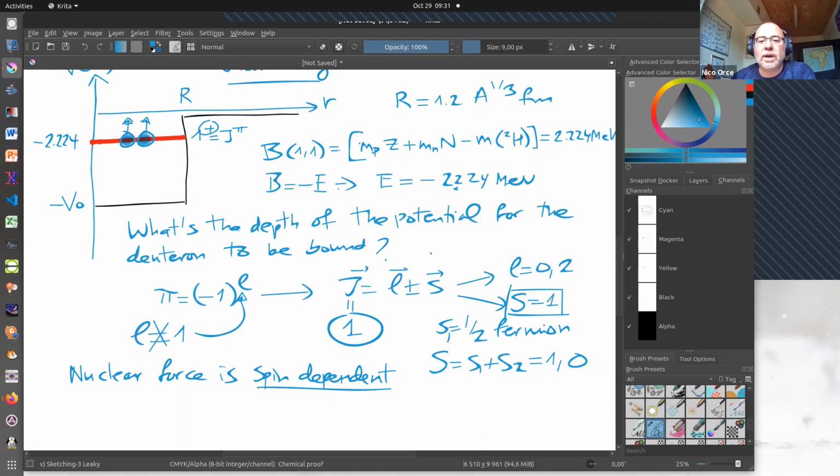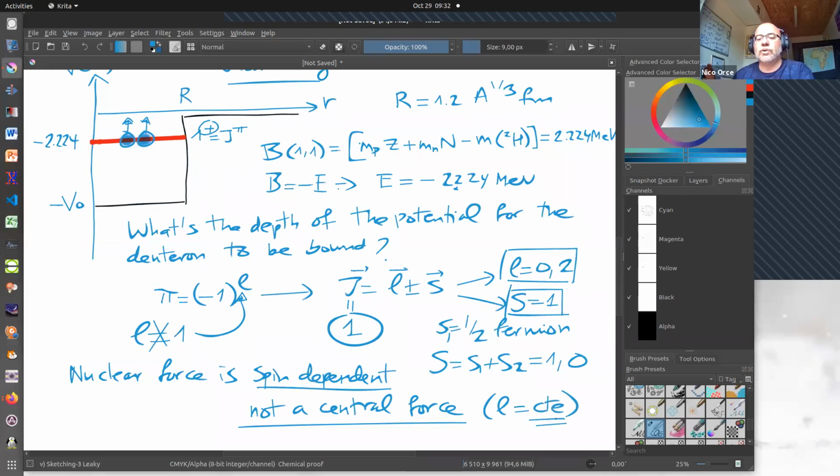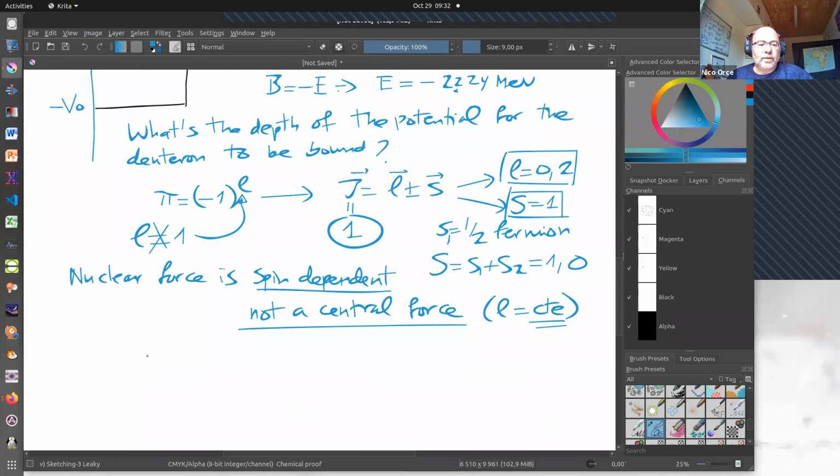So what else do we learn from here? These also tell us that the nuclear force is not a central force, right? In the case of a central force, we must have that L is a constant of motion. In this case, the fact that L can be equal to 0 and can be equal to 2 tells us that there's a possibility for the wave function of the deuteron